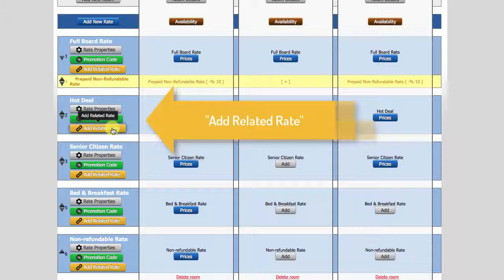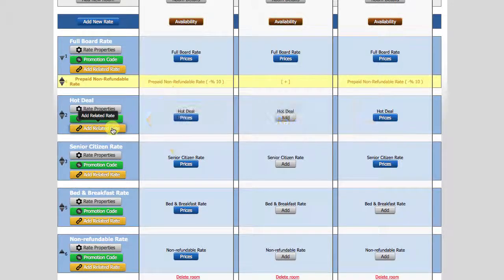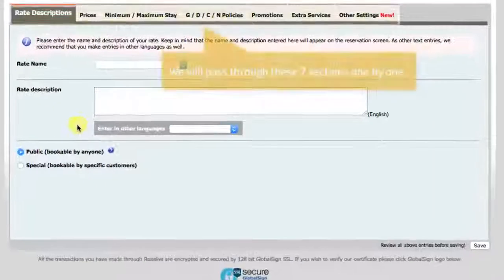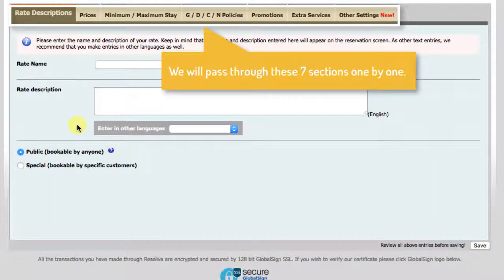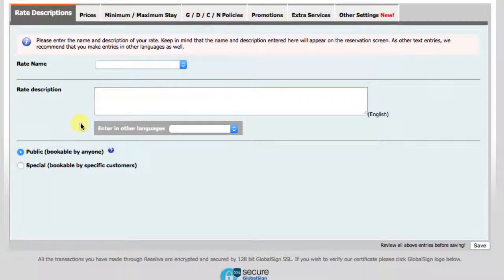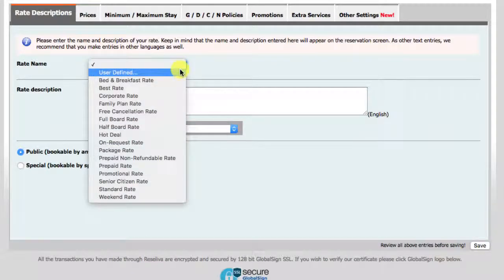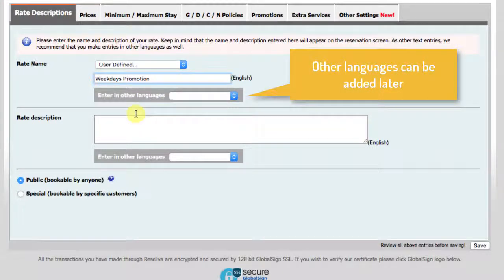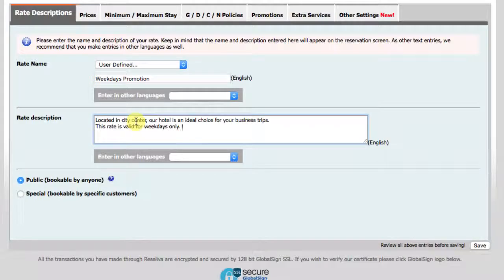Start by clicking Add Related Rate. The Rate Creation page comes up. These 7 tabs of this page should be completed one by one. We begin with the rate name. Any of those names in the list can be chosen, but we want to create our own, so we click User Defined. Write the name, and then the rate description. Write features and conditions,